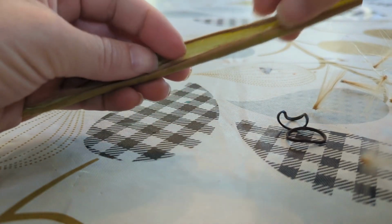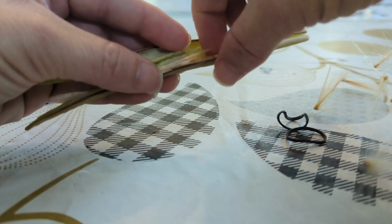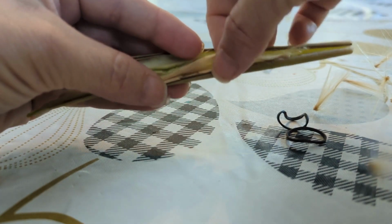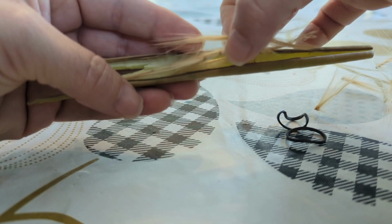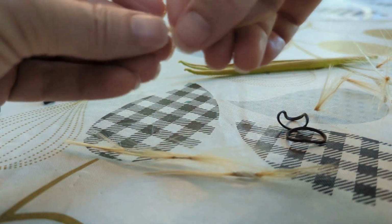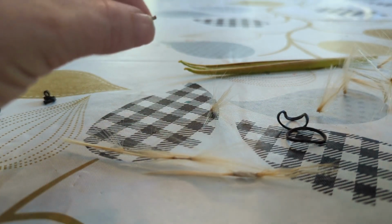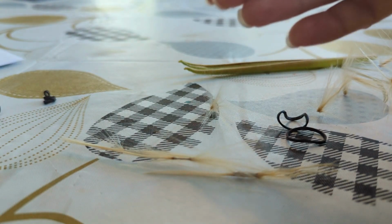Oh, that's right, there's more in here. 10 seeds so far. And remember, I have the whole other half that still hasn't opened, and then I've got another seed pod as well. So that's not too bad. This is a really tiny seed. I don't think that's viable. So this is 11,